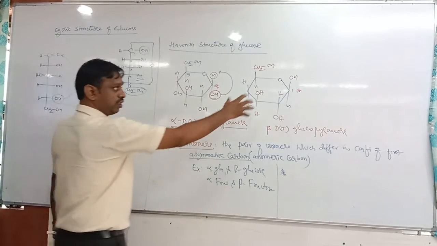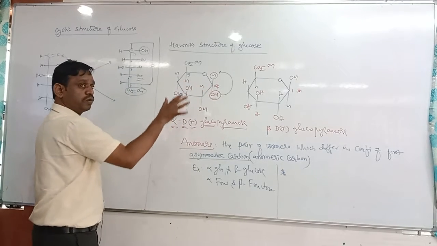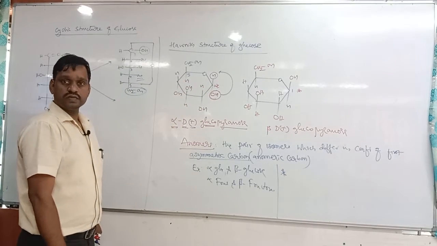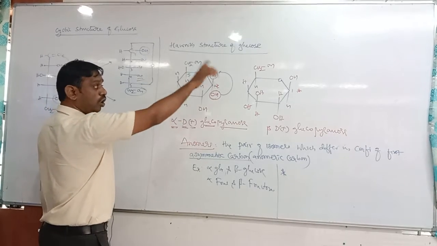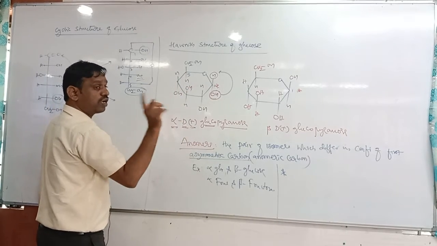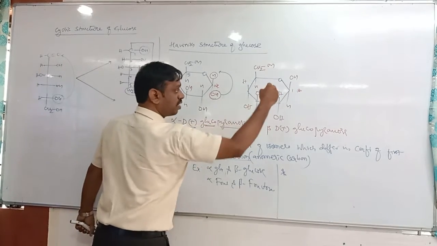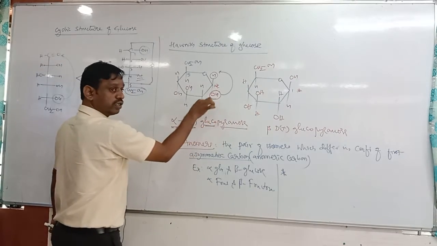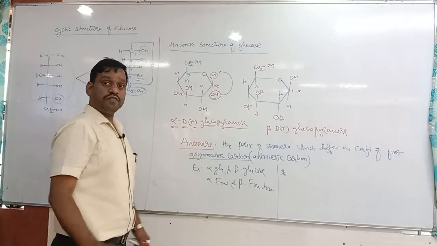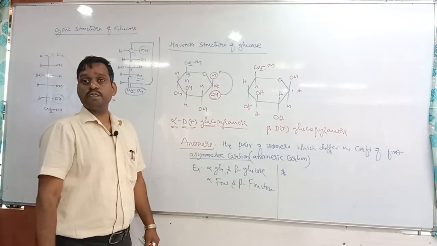Superimposable in the sense, you take this molecule, pick this molecule, keep here. Do they exactly superimpose? No, they are not exactly superimposed, because now all the carbon atoms superimpose, but one carbon does not superimpose, that is the first carbon. Because if you pick the molecule, keep here, OH group comes up, here OH group comes down. Therefore they differ in the first asymmetric carbon. They are not exactly superimposable.